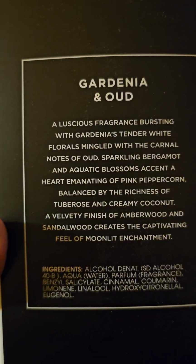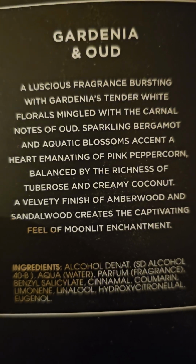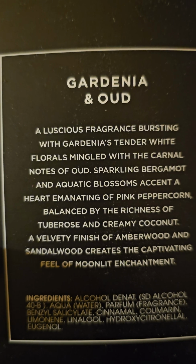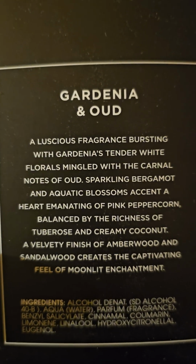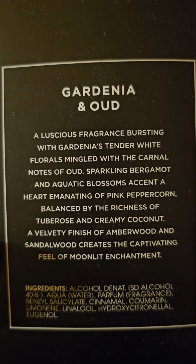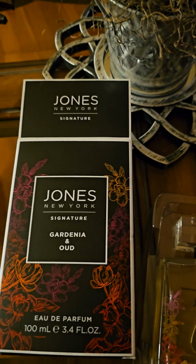I actually think that's a great description because, yeah, the moonlit enchantment, the aquatic blossoms, the peppercorn and the oud. It's kind of luscious, but like I said, peppery, spicy. That watery coconut. It's just really nice. And by the way, after I did begin smelling the florals in this,